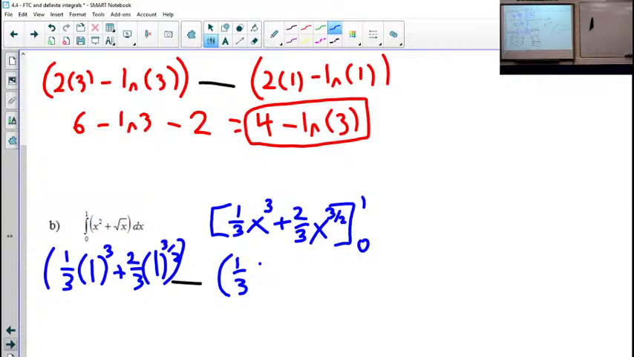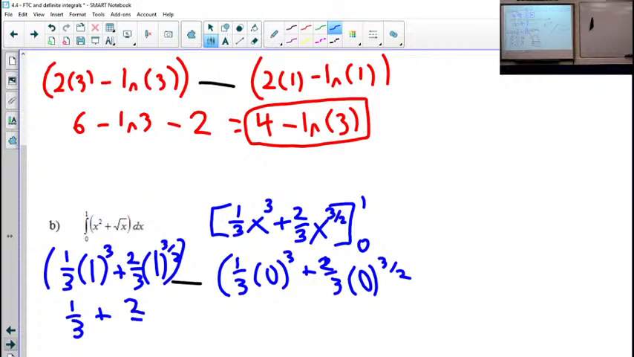That's 1/3 times 0 cubed plus 2/3 times 0 to the 3/2. This is about to get a whole lot less messy because 1 cubed is just 1. 2/3 times 1 to the 3/2, and 1 to the 3/2 is still 1, times 2/3, so 2/3